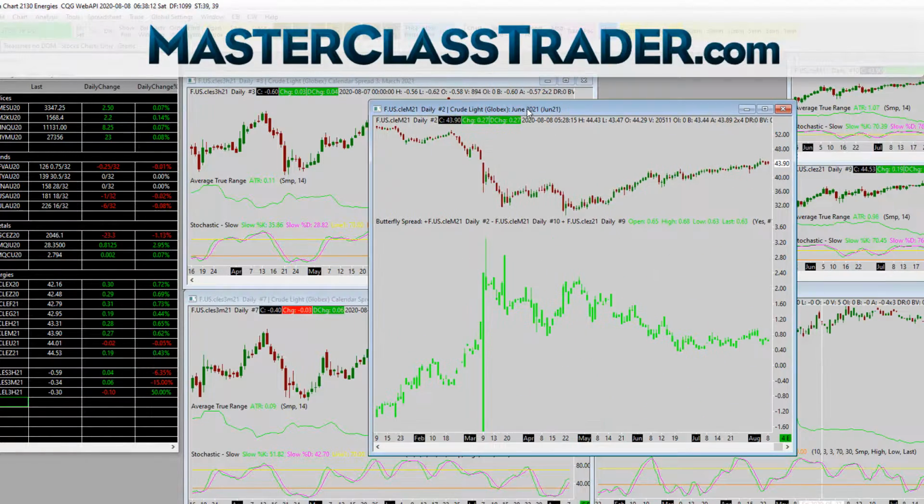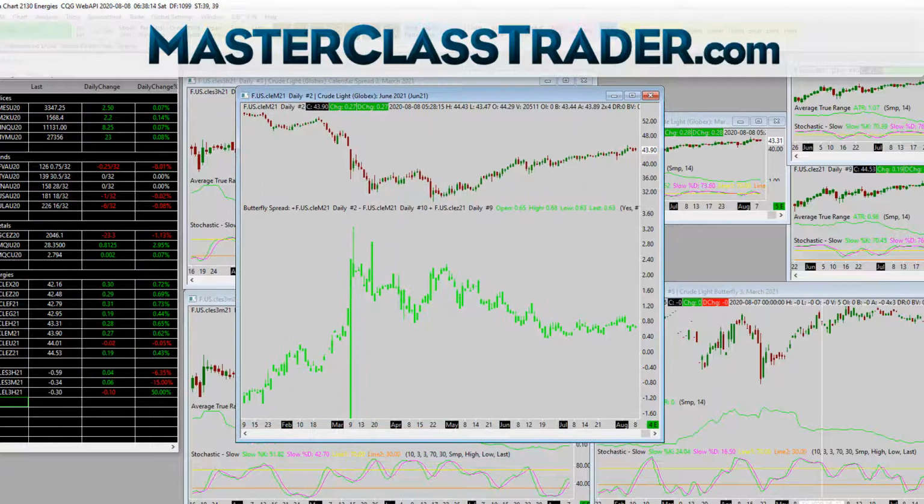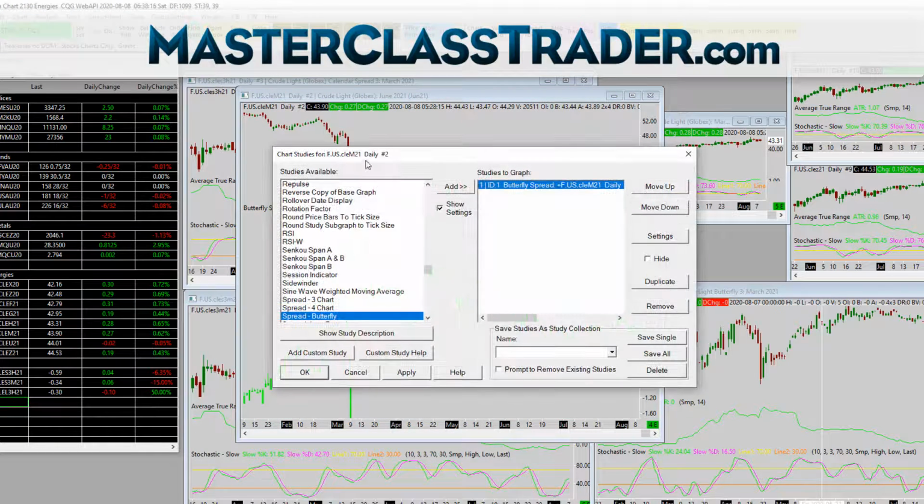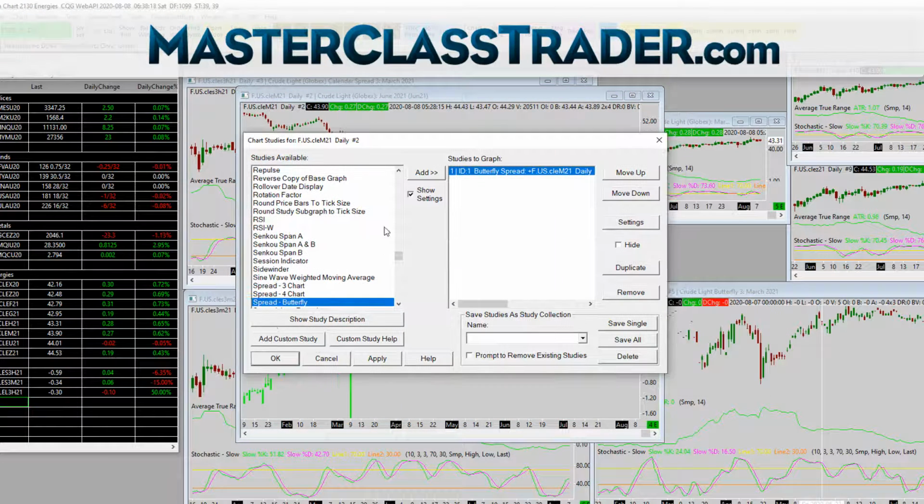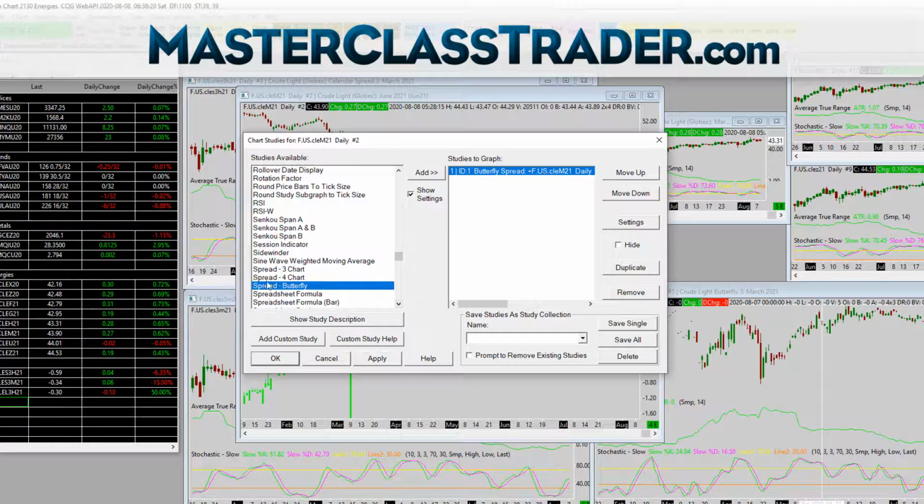But another little cool indicator I found on Sierra Chart is that you can draw your own spreads, which is pretty cool. You just go into a chart study, like an indicator if you're looking up an MACD or whatever. You go into spread butterfly and you add that as your graph, and it comes up. You have to define what your first, second and third part of the butterfly is, and it also allows you to